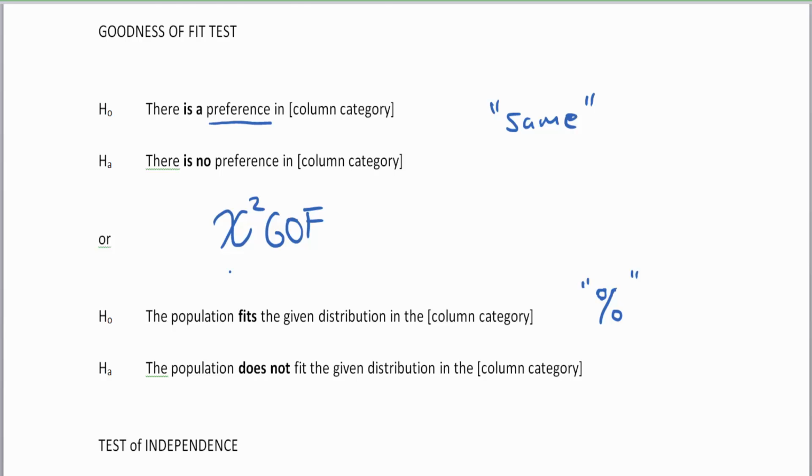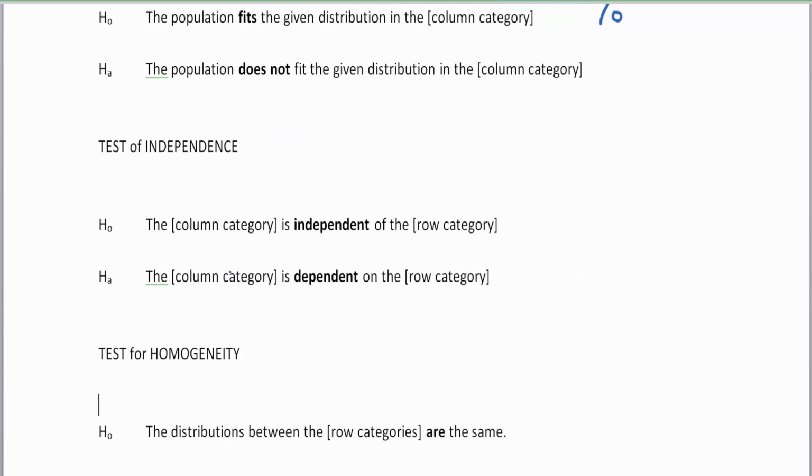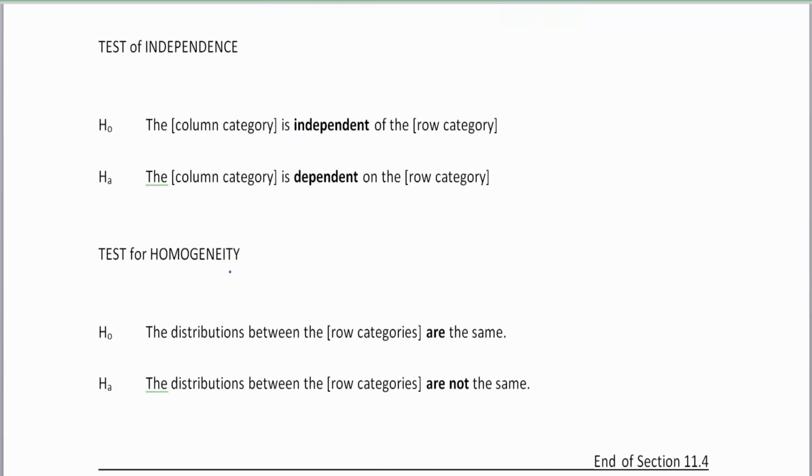Now, what you just probably finished doing today was the test of independence and the test for homogeneity. Well, this just uses the chi-squared test on the calculator. And the format is pretty standard here, where in the test of independence, the null is that the column category is independent of the row category,